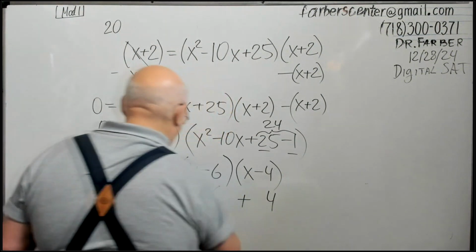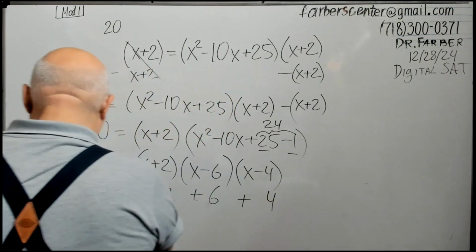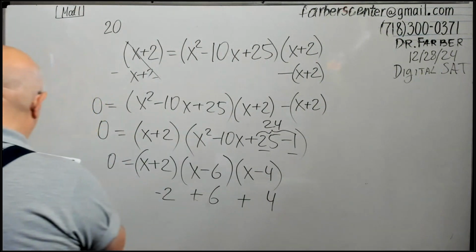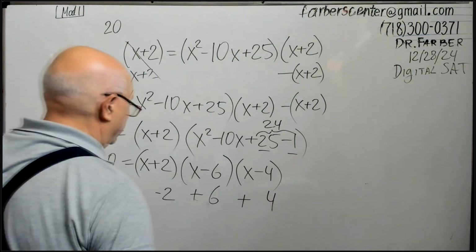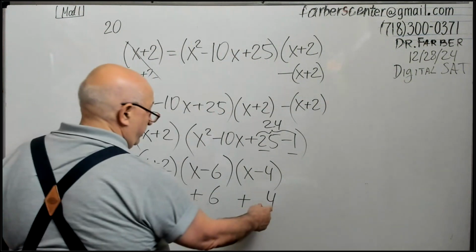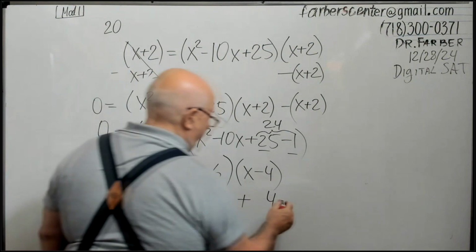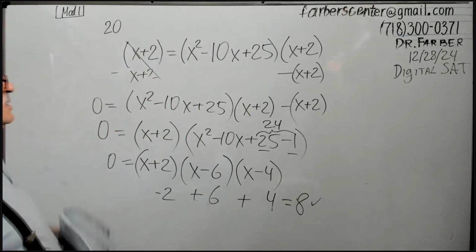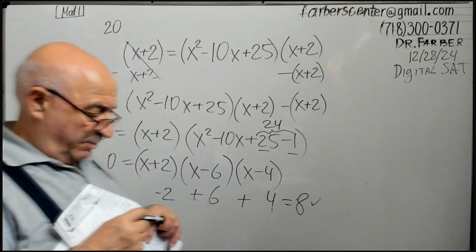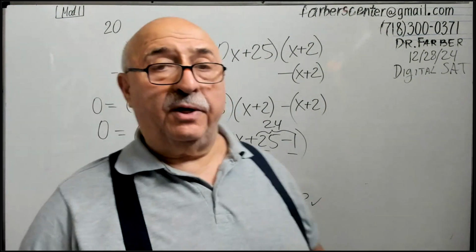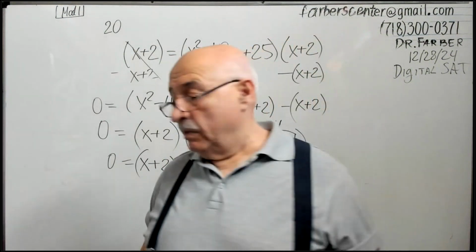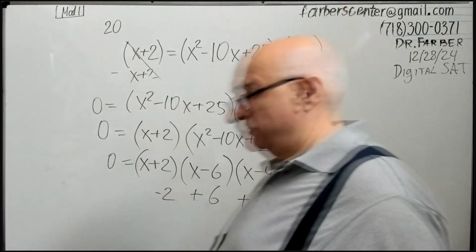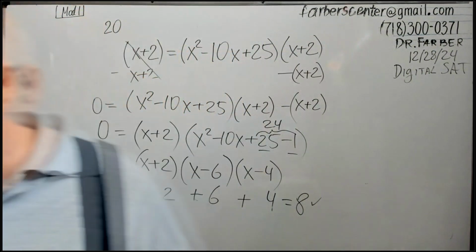And what do they ask you to find? They ask you to find the total of these roots. So 10 minus 2 is 8. Simple. Keep in mind, the main theorem of algebra states that an equation of power n has n roots. And this is third power, so 3 roots. To understand this concept,